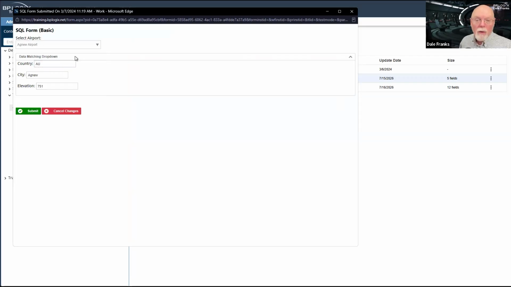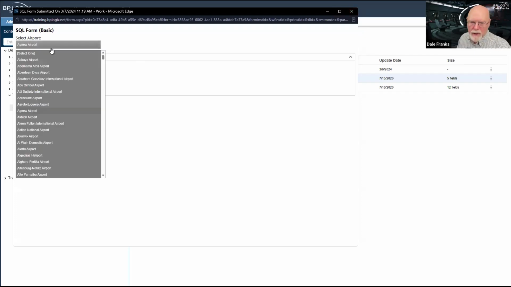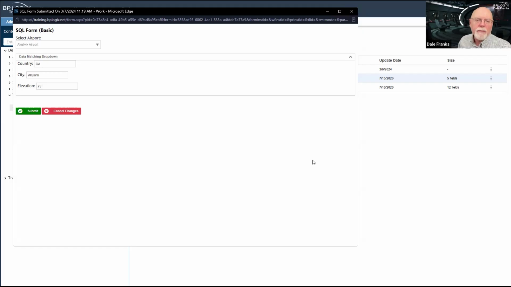Okay, so what's happening here? I'm making a selection from a drop-down, which was, by the way, filled from a business value. And when I make my drop-down selection, it's filling out data in these form fields. So it's running a set form data based on the event of picking something from my dropdown. So if I pick that airport, I get that. And if I pick that airport, I get that.